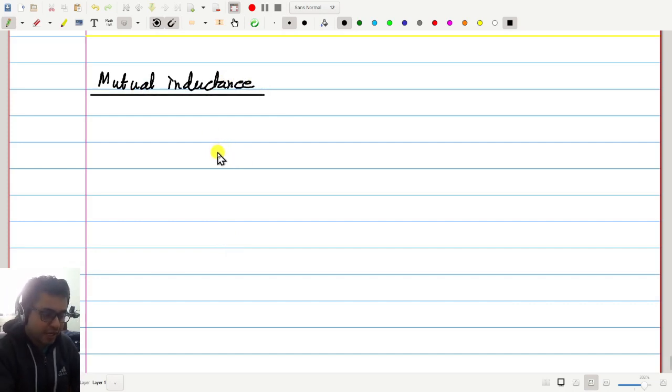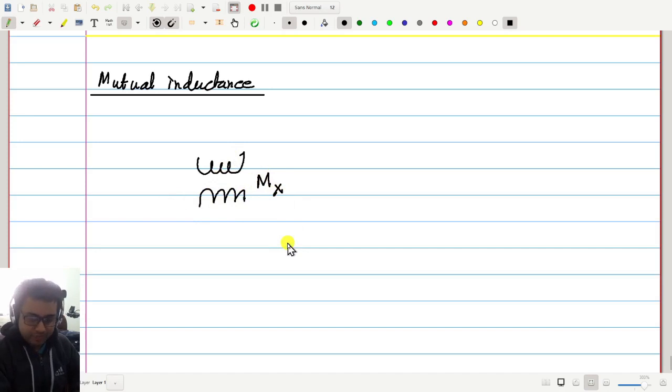Okay, so suppose I have a pair of coupled coils. Let me draw. Okay, this is unknown. Call it Mx, x for unknown. The coupling, mutual inductance between these two coils is Mx, which is unknown. It also has self-inductances, but we are not at this point interested in measuring the self-inductance. We want to only measure the mutual inductance. And to measure this, we will use a standard mutual inductor.